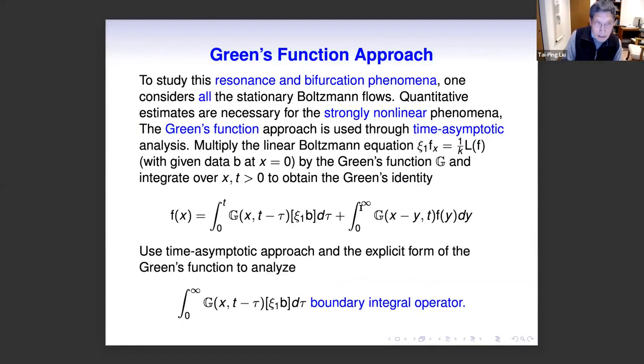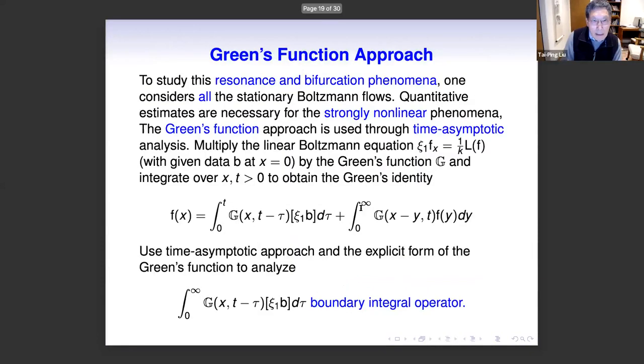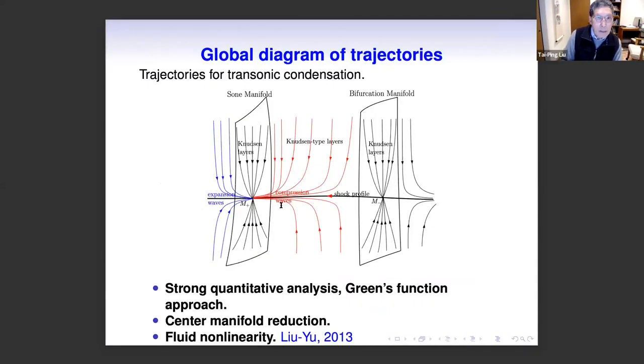So how does one study this kind of combination? Let me show you another picture first. So what happened is that